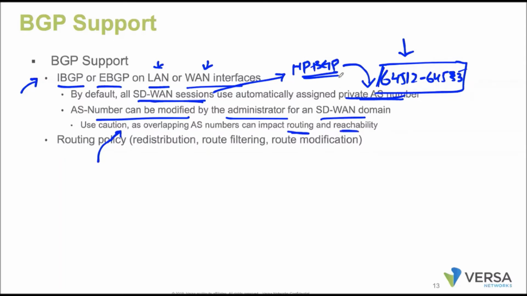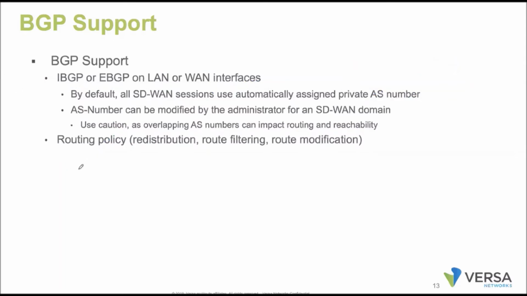Right. So when it comes to BGP, there's a routing policy, which is very important in any implementation. How are we trying to redistribute the routes? How are we going to filter the incoming routes? Or if required, you want to modify some routing information, like the LP value, or change the community information. Then we can think about the route modifications.